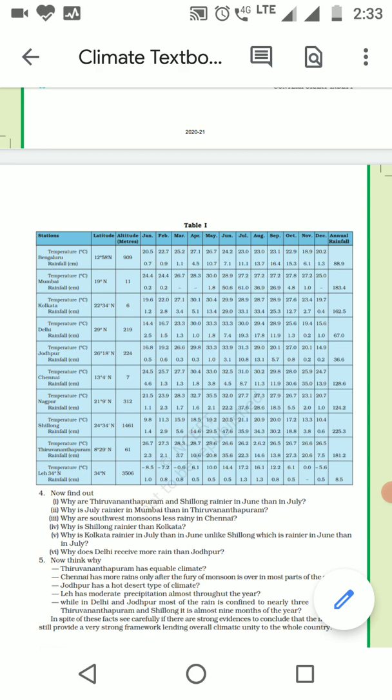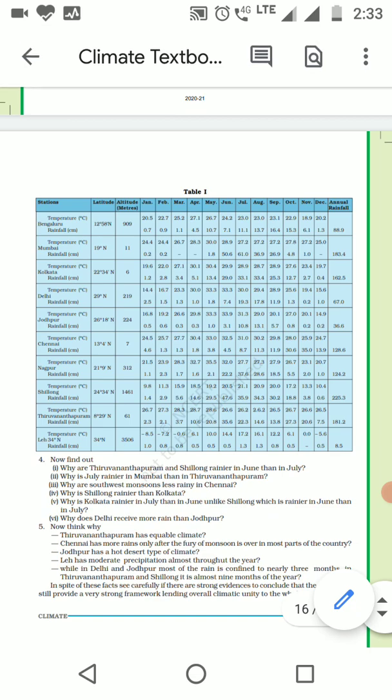Write down over there that you have to calculate the range of temperature, and after that you are going to add one more column, and there you have to calculate average rainfall. Average rainfall you will be calculating. For this I am giving you the time because this you have to calculate. First is range of temperature and the second that is average rainfall.